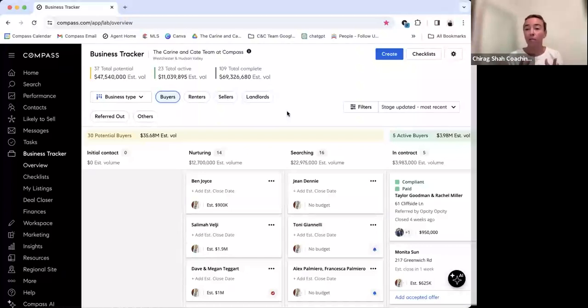I am a really big person on not clogging up my business tracker. Not that I don't like to do follow-ups. I know that's very important. So if you're somebody who wants to make sure that any person you've ever talked to once at an open house, or somehow they ended up in there and you've said the word real estate to each other once, if you want to keep them in your initial contact, by all means, that's fine. I just really like to make sure that the people who are in my business tracker are real potential leads for me to be working with. And then I organize them from there.